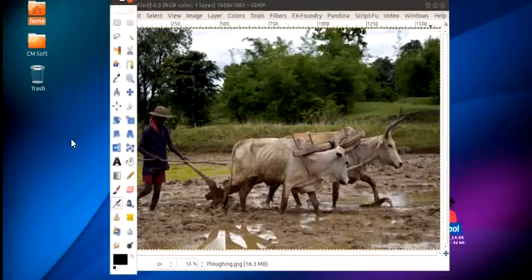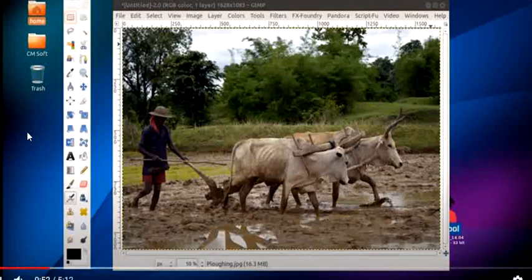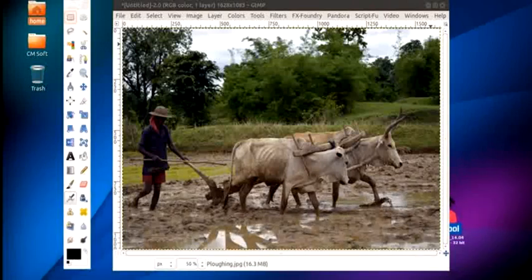Select the toolbox from the Windows menu. Then you can see different tools in the toolbox. We have to select the crop tool to crop the image. Select the crop tool.